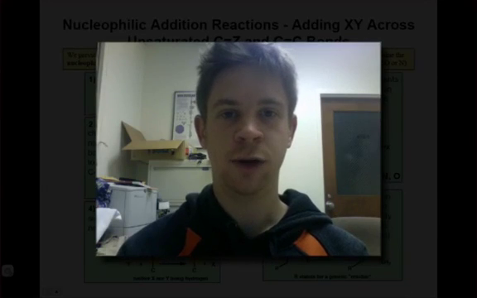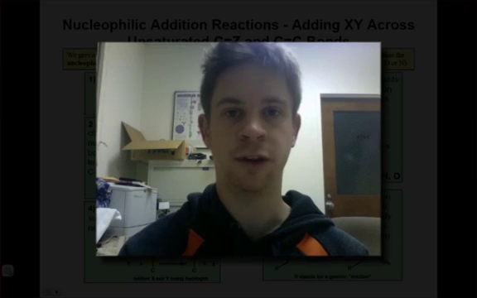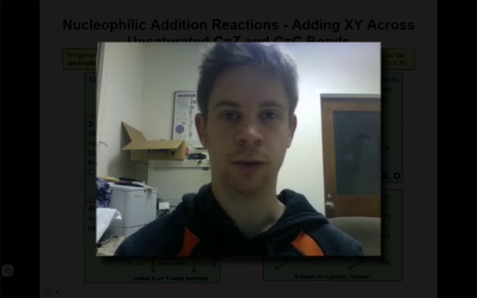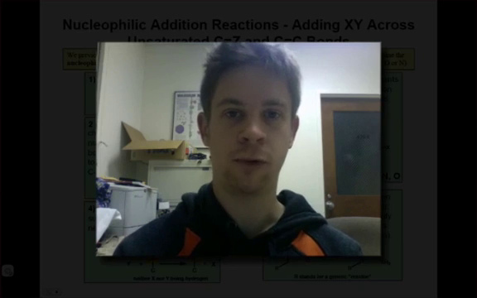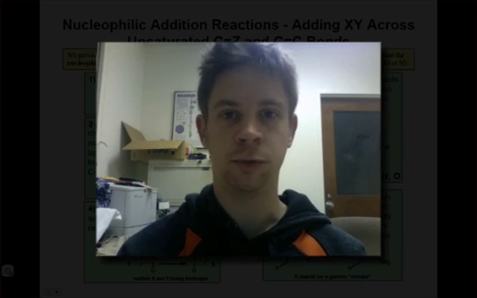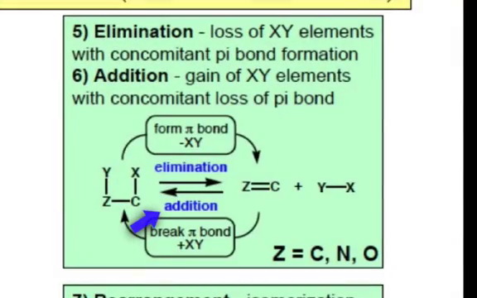In the last lesson, you were introduced to the carbonyl group, which is one of the most electrophilic functional groups in all of organic chemistry. Because it's so electrophilic, nucleophilic additions to the carbonyl group will constitute one of the most important reaction classes with this group of substrates. Just to remind you, an addition reaction is one in which an XY bond adds across